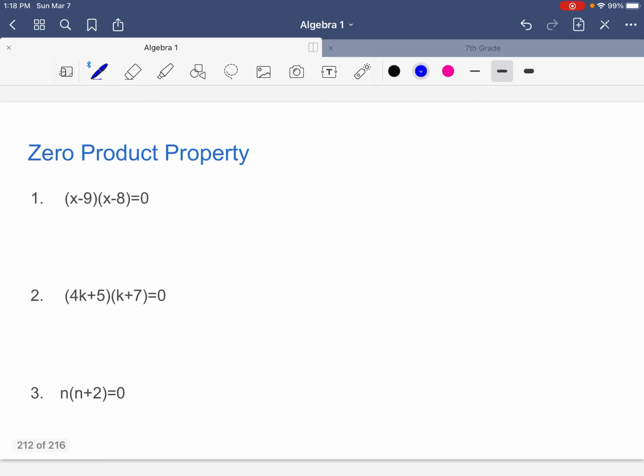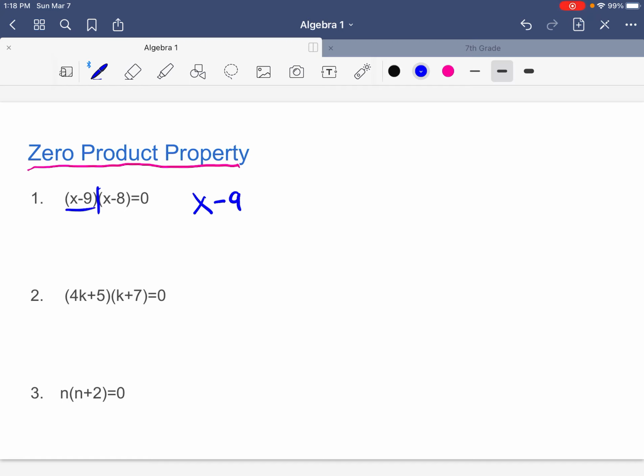So before we can solve by factoring, we need to understand something called the zero product property. It sounds like a mouthful, but it's really not too bad. What the zero product property says is you can take the problem you have, and I view it as separation. It's separated by parentheses, and you cut the problem in half wherever the parentheses are. And what you do is you set one factor